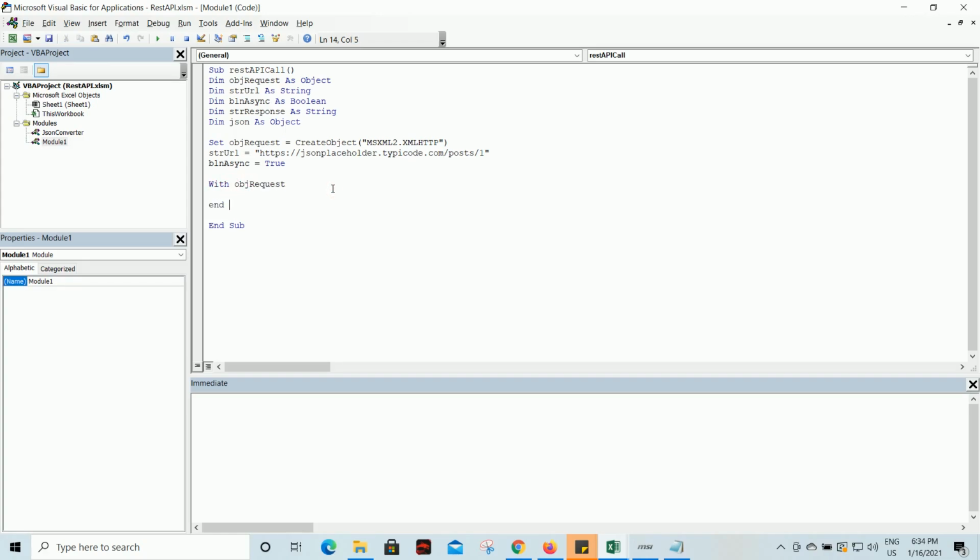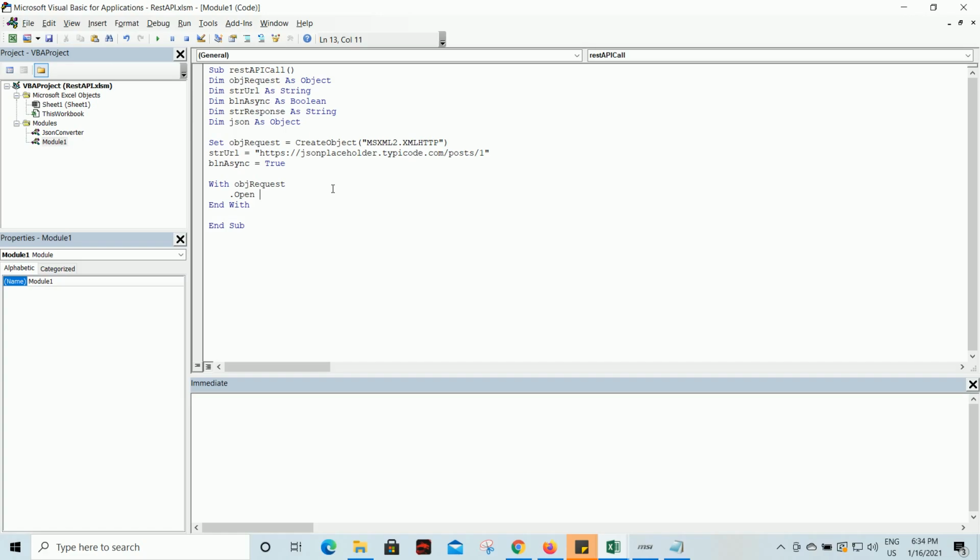Let me close this end with. So here you need to call open, which helps us to make an API call. It accepts 3 arguments. One is the API call type, whether you are going to make a post request, get request, or put request.